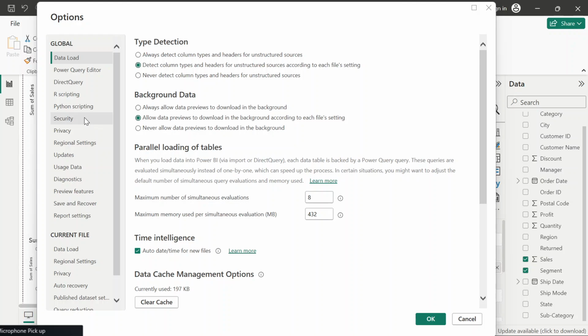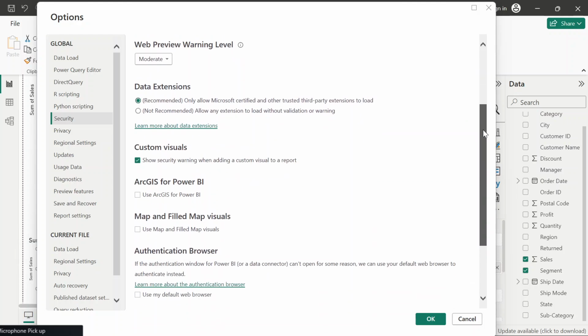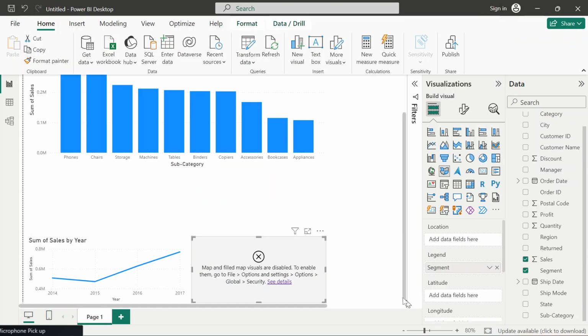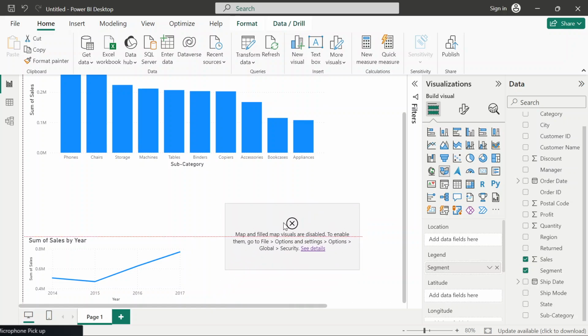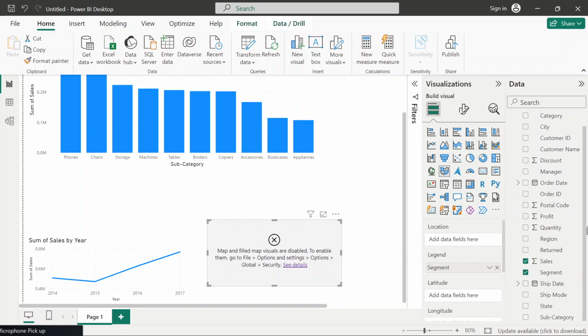Okay, security. So where is enable field and map? Use map and filled map visuals. This is where you enable that in case you run into that issue. Then okay. So let me just click on that again. Maybe it might require me to relaunch. If it's going to do that, that means I might have to let go of this very map that we